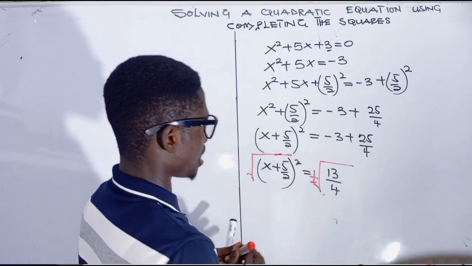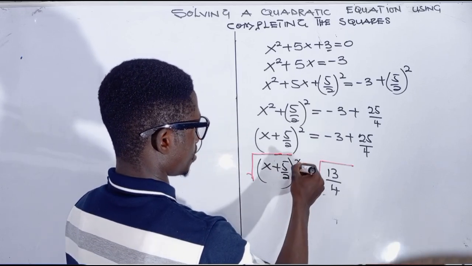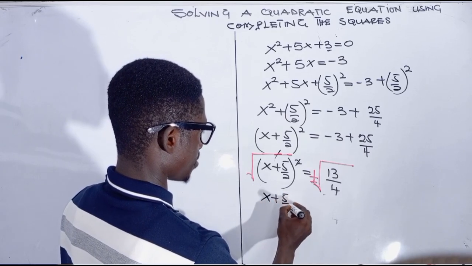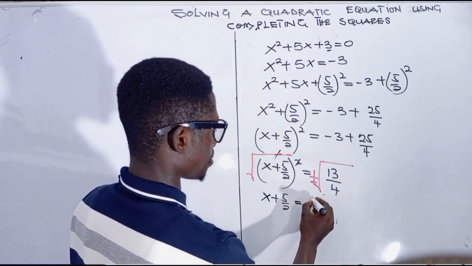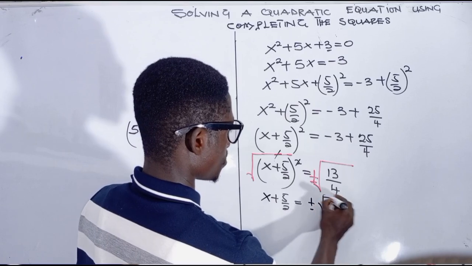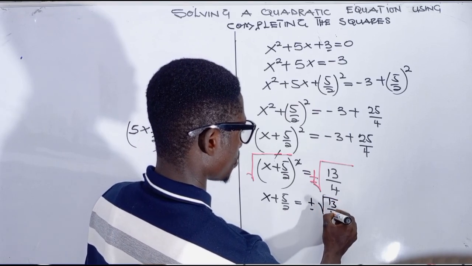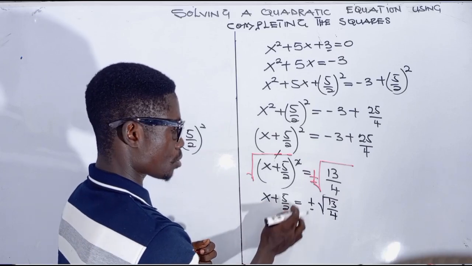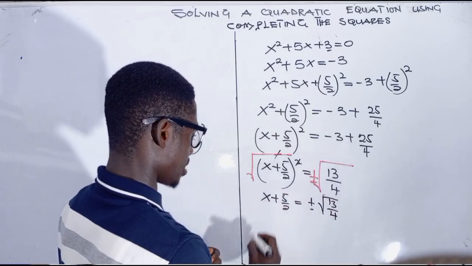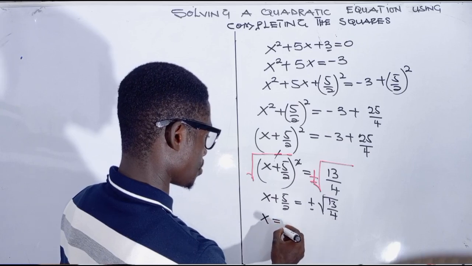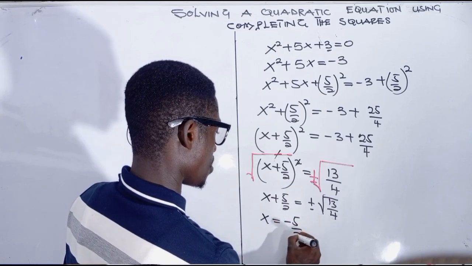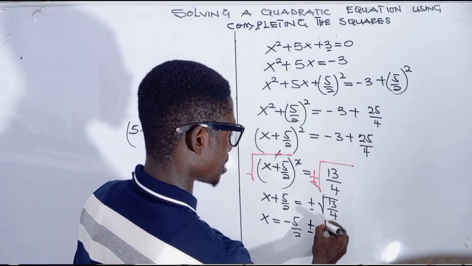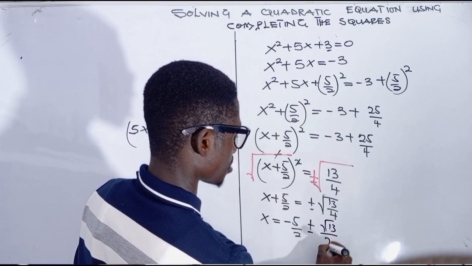So from here we can see that these two will cancel the radical sign. We are left with x plus 5 over 2 is equal to plus or minus root of 13 over 4. Now we are looking for x, so we can transpose this 5 over 2 to the right hand side. So we'll be left with x is equal to minus 5 over 2 plus or minus, when we simplify this, we are going to get root 13 over